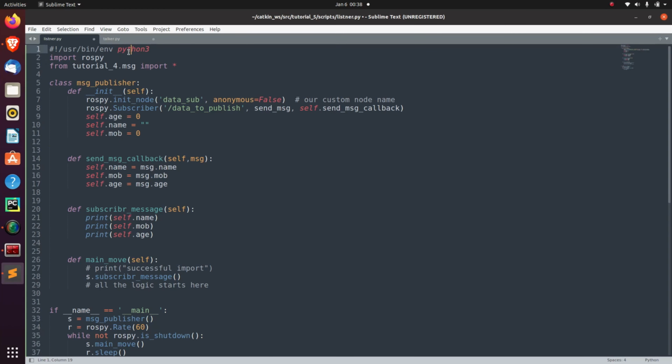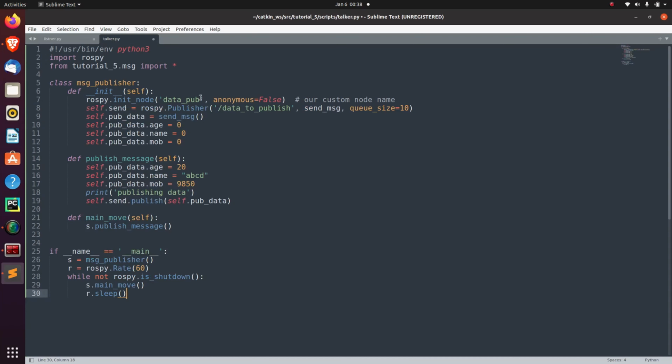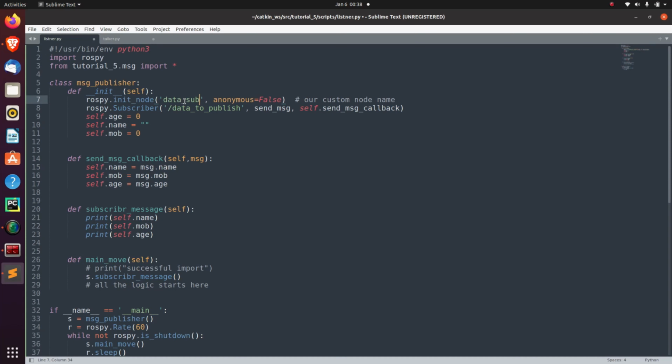In the listener node, the first line again depicts it is a Python 3 file, then rospy. You are importing the messages here, tutorial 5, sorry for the typo. Then again I am making a class here, data sub. Here was the data pub and here is the data sub. Anonymous is false, so only one node exists with the name data sub. The 8th line is rospy.Subscriber. Data to publish is the topic to which it will subscribe. It will subscribe to send message,